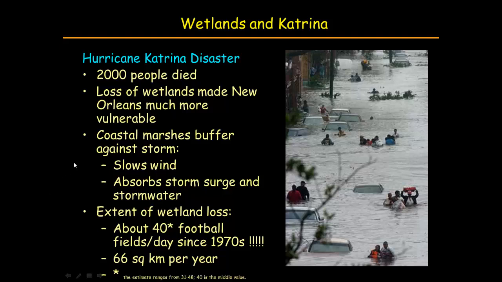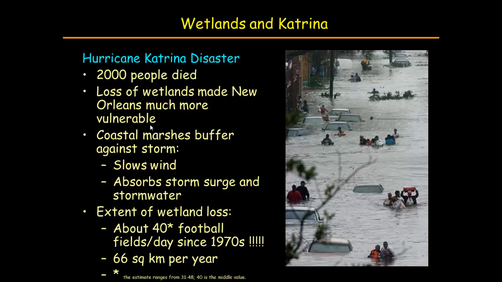So the wetland loss, to summarize, and this is back from the map before, the wetland loss in South Louisiana is the equivalent of about 40 football fields per day since the 1970s. That is not a typo. That is not mishearing what I just said. It's 40 football fields a day. Now that seems like an astronomical amount, and it is. But imagine all these little tiny islands out there, some the size of a classroom desk or something like that, every day losing just a little bit of their perimeter, and all those perimeters add up to wetland loss. Another figure is that it's 66 square kilometers per year. You can go online to convert that to miles if you like to see what that would be in terms